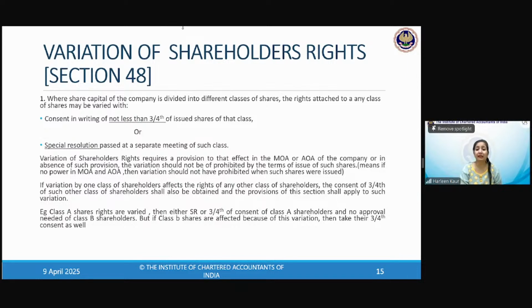You promised to pay a dividend of 5% to the shareholders. Now you're saying we will pay 4%. You promised to give them a voting right with respect to fully paid up shares. Now you're trying to change their voting rights. Whatever kind of rights you're trying to change. So it says where the share capital is divided into different classes of shares, the rights attached to these shares can be varied. Varied means they can be changed.